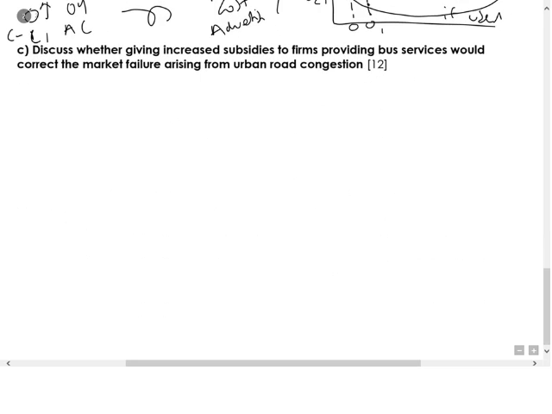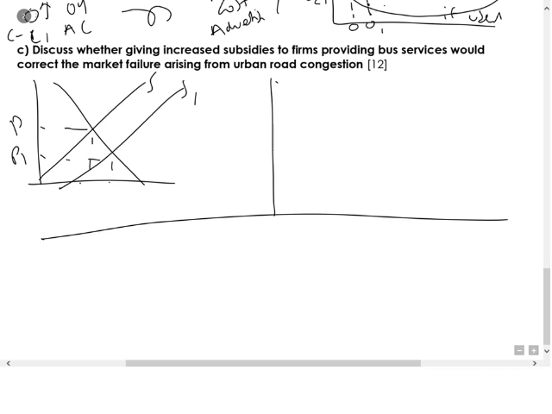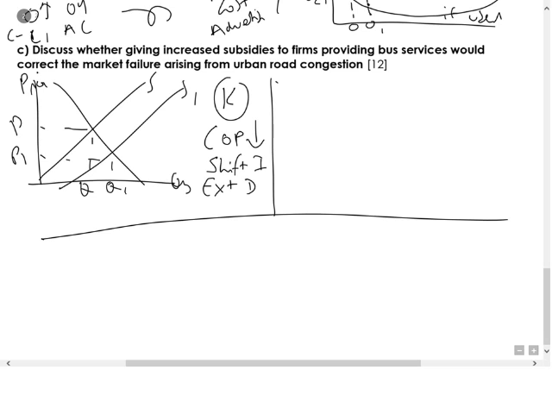The last question, which is the discuss plus judgment, increased subsidies. So on one axis you could just draw the subsidy graph. Again, remember your labels, P's and Q's, quantity and price. Key step though is that once you have given the definition, you need to talk about it lowering the cost of production. That causes the shift inwards, that causes the extension in demand,